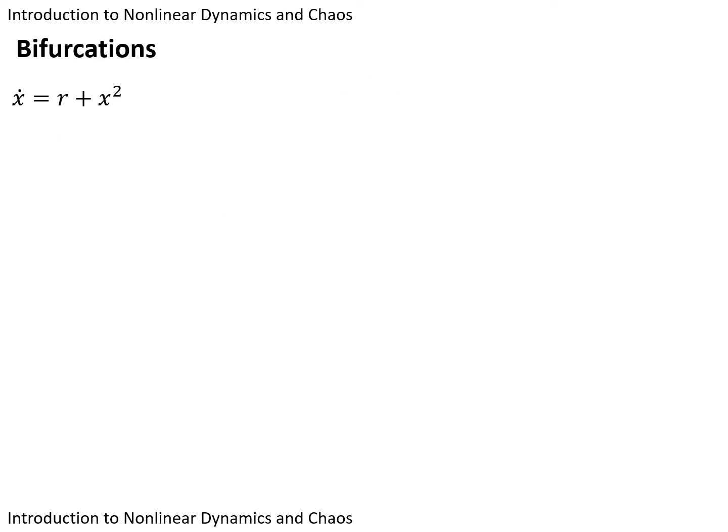Let's summarize what we have done recently. In the case when our r is negative, we have two equilibrium points, or two equilibria. In the case when our r is positive,